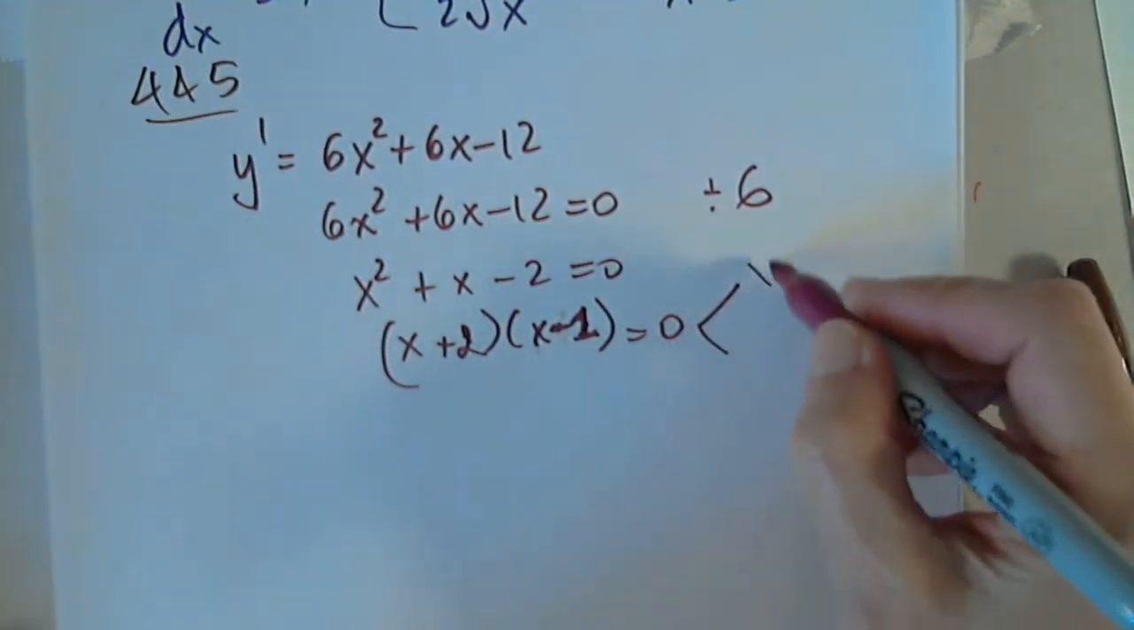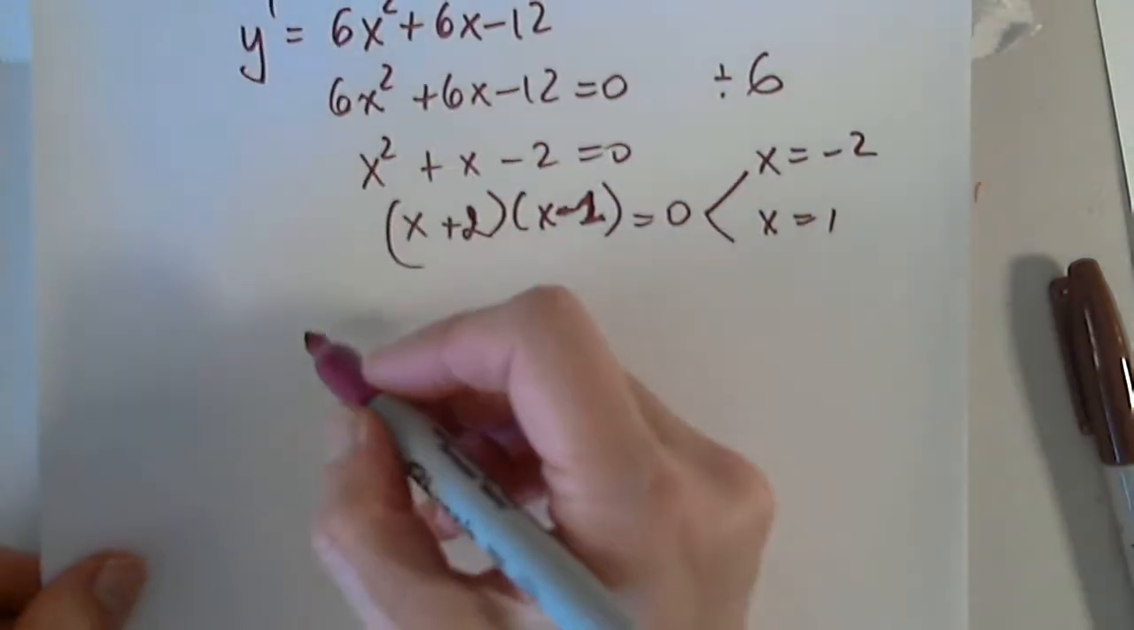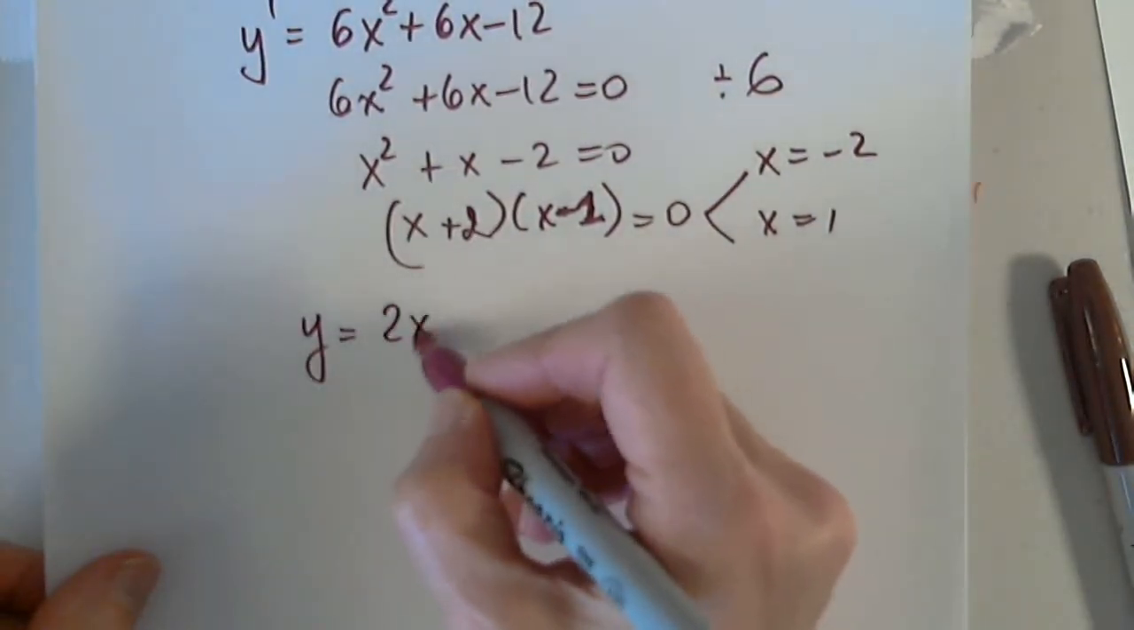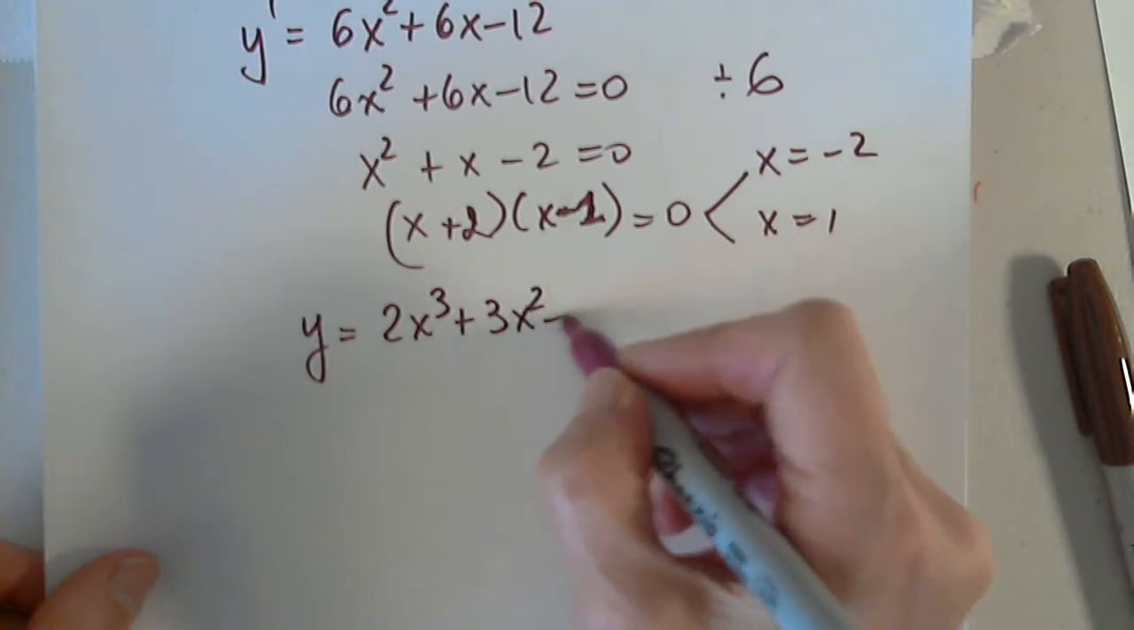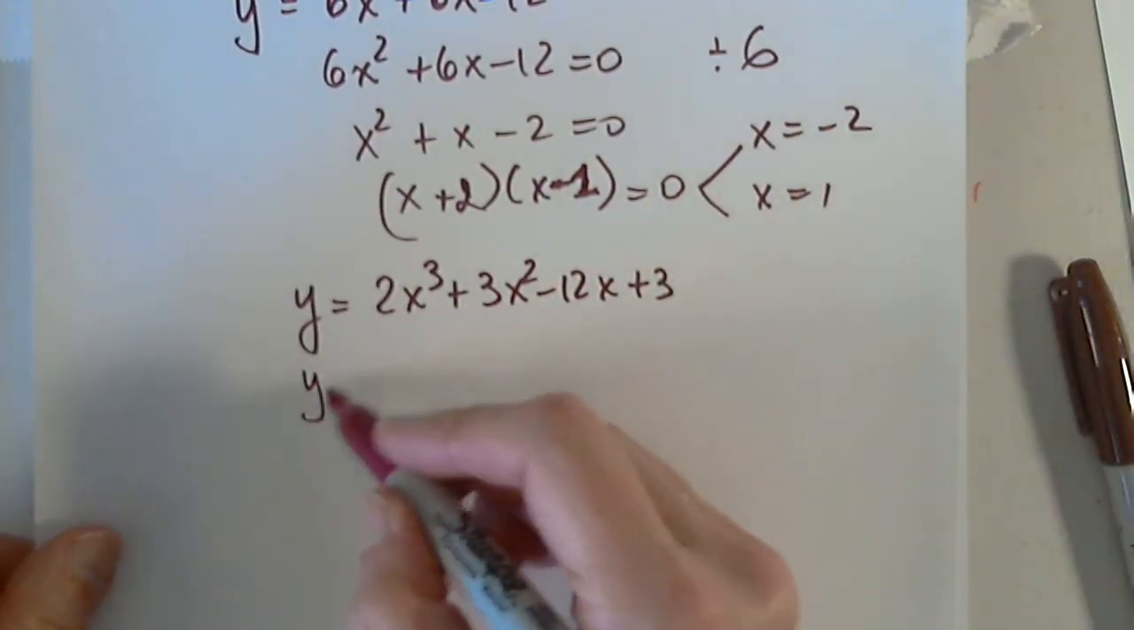Very good. So then we have x equals negative 2 and x equals 1, and I have to plug them in to find the point. So y was 2x cubed plus 3x squared minus 12x plus 3. And when I plug in negative 2,